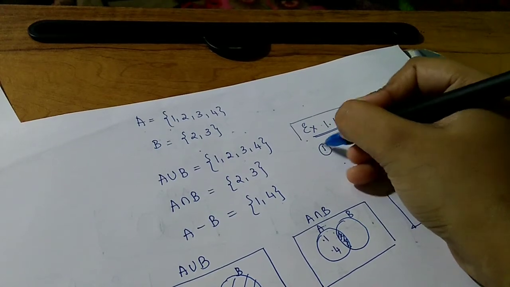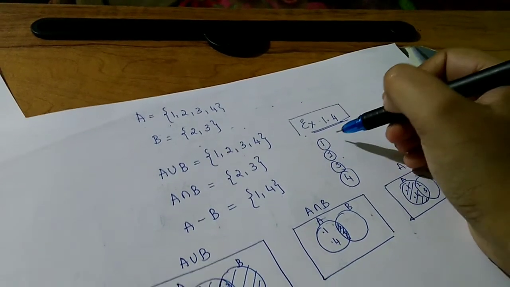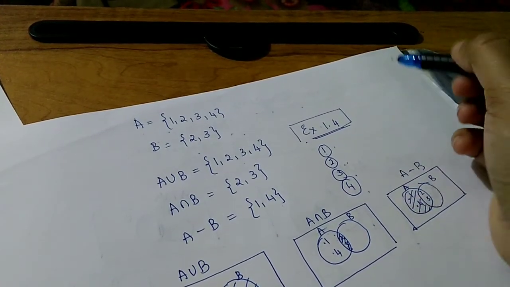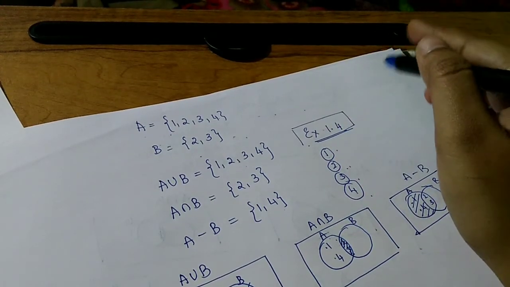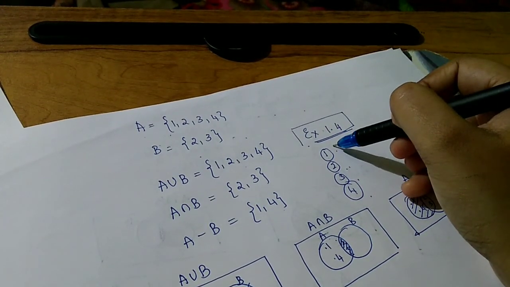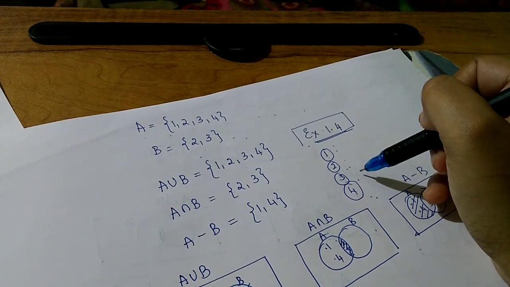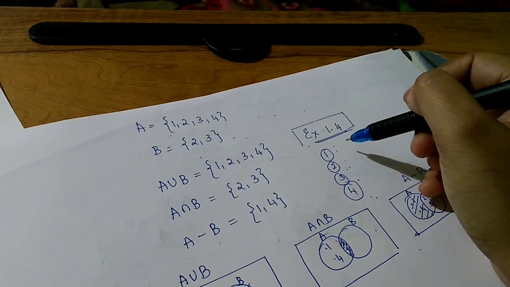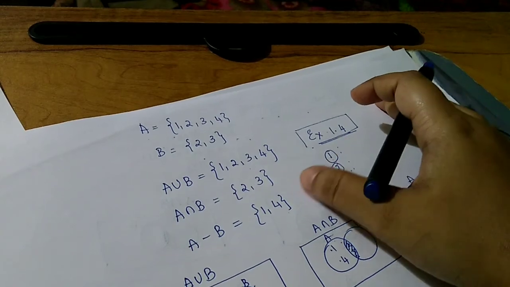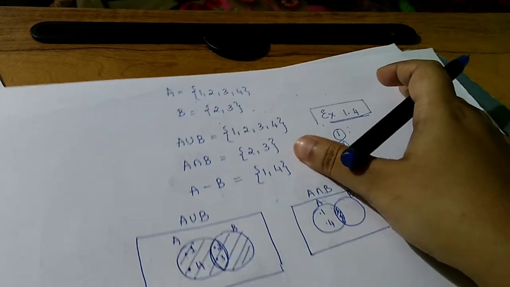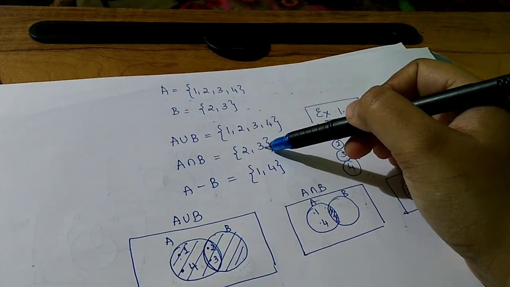I'll give you the homework of solving the first, second, third and fourth mains. Try all these 4 mains, because they are based on the union concept and intersection concept. So in exercise 1.4, you have to solve mains 1, 2, 3, 4. Let me discuss these 4 mains in the next class. I hope the topics which I have explained, like union, intersection, difference, and Venn diagrams, are clear to you all. Okay, thank you.